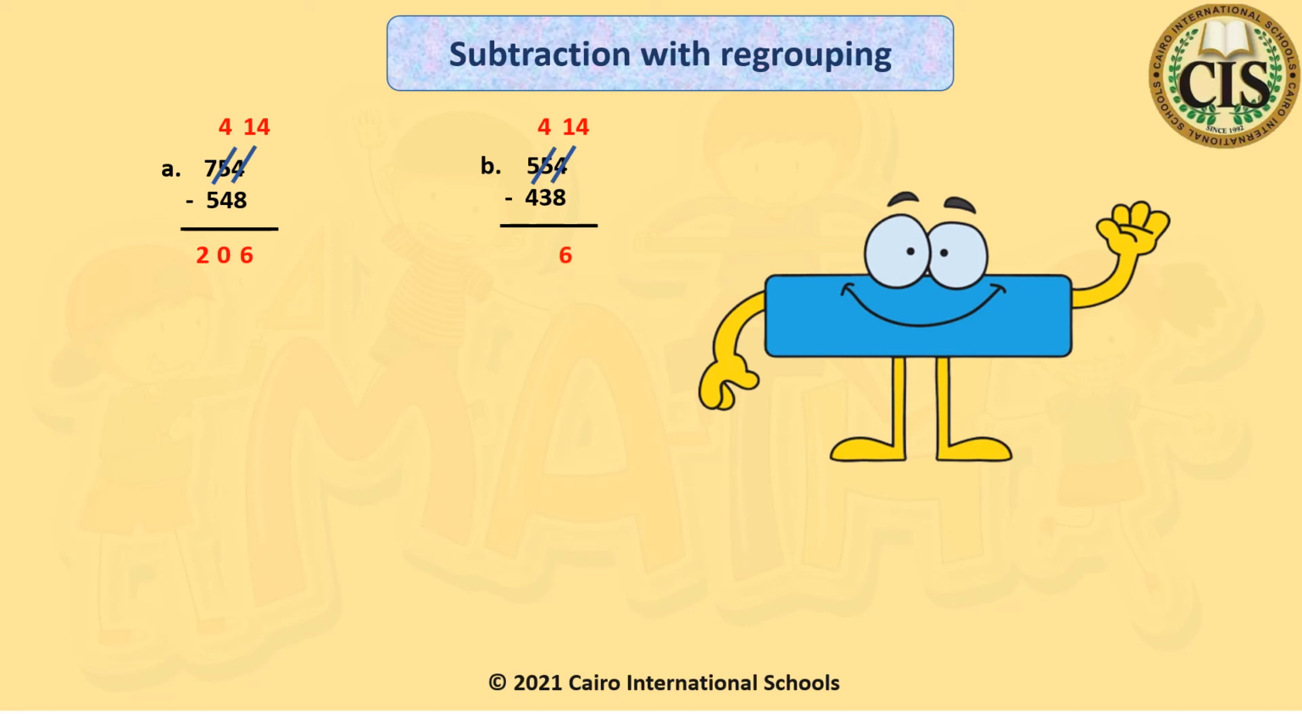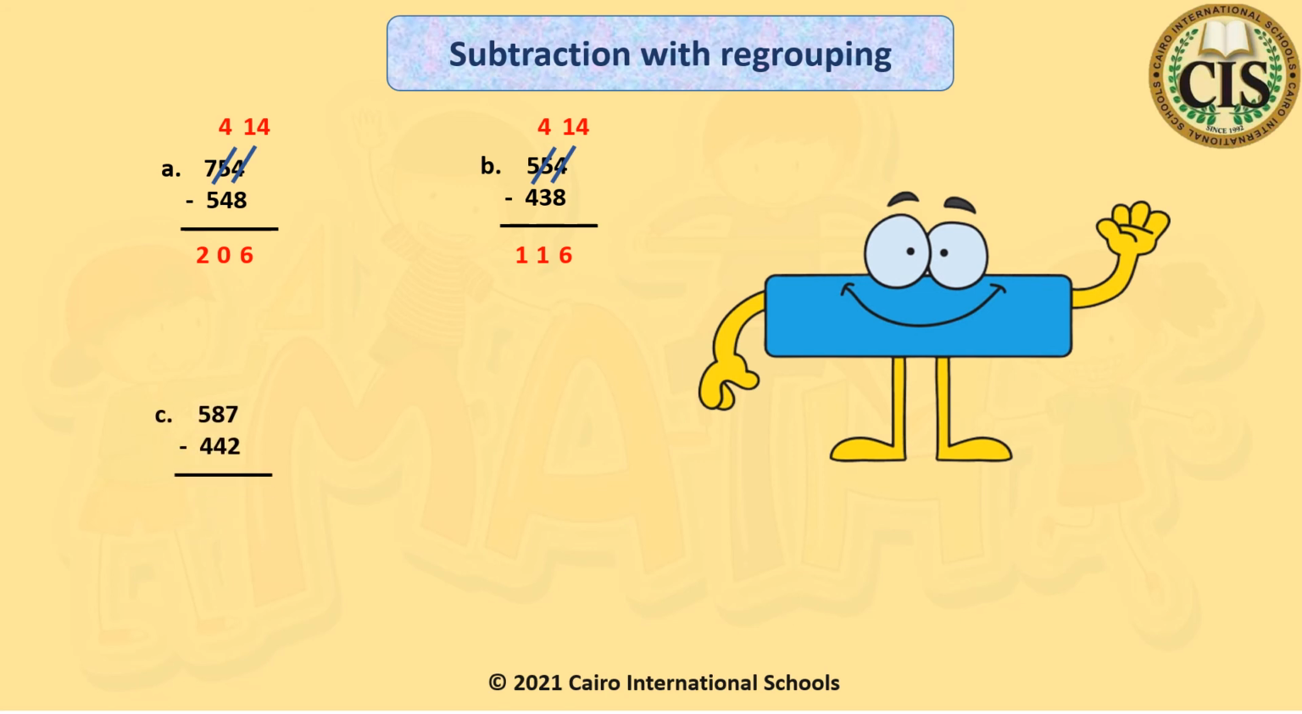4 minus 3. Do we have more on top? Yeah, 4 is greater. After 3, 4. So 4 minus 3 equals 1. 5 minus 4. Do we have more on top? Yeah. 5 minus 4 equals 1. Now it's easy. The next question,